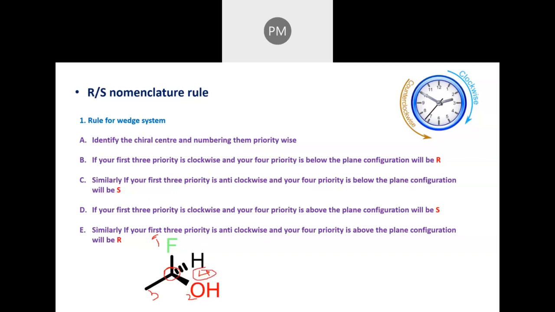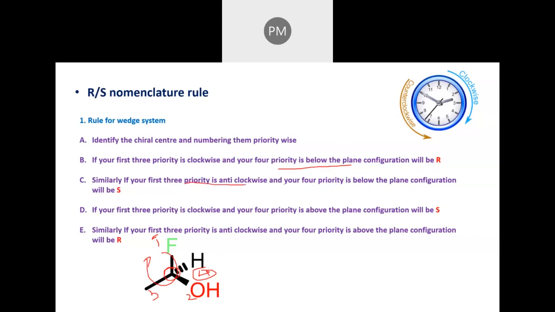So if our fourth priority is below the plane, and we show that the other three priorities 1, 2, 3 are in the clockwise direction, then the configuration of that molecule will be R configuration. Similarly, if we see any other molecule where our first three priorities 1, 2, 3